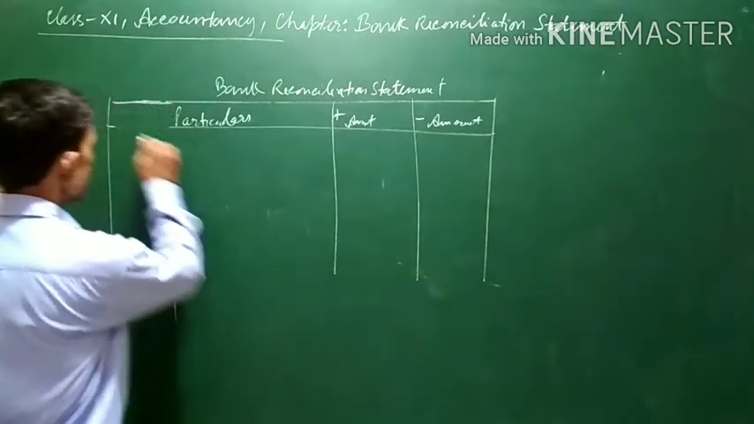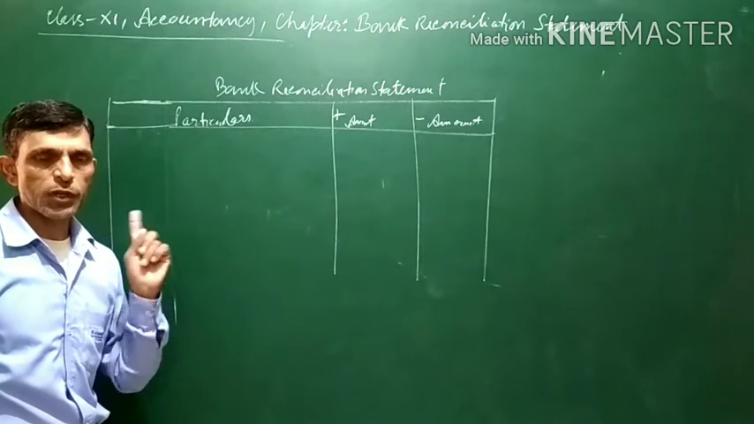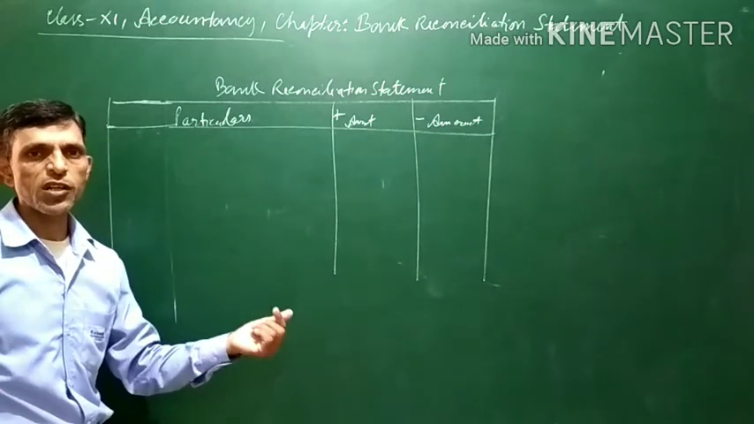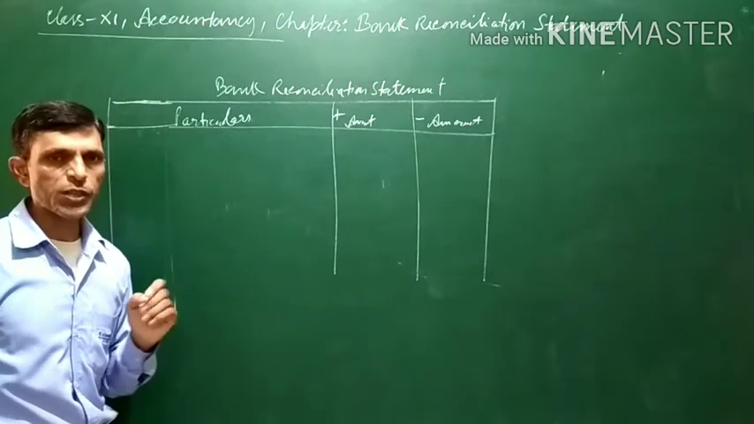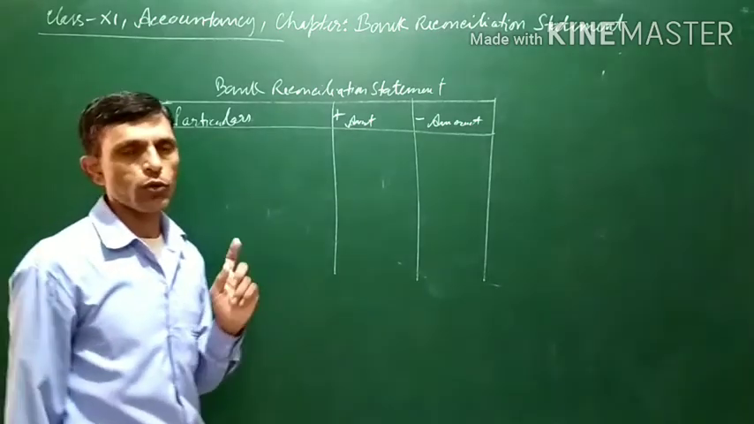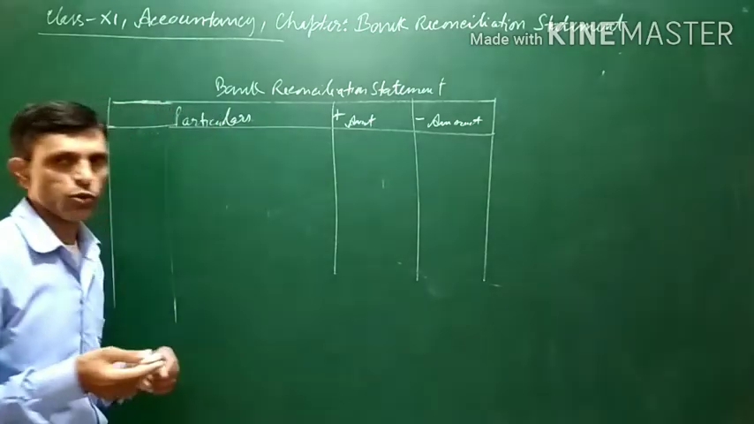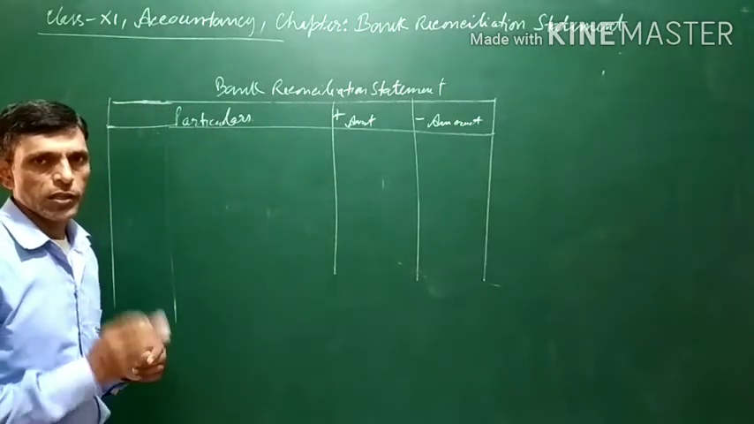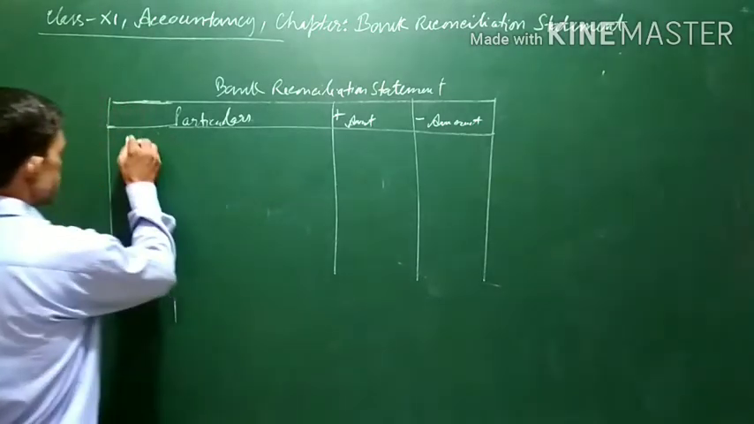The bank reconciliation statement can be prepared with the help of either the balance as per cash book or the balance as per passbook. The closing balances are taken here. The closing balance as per cash book or closing balance as per passbook is to be written, whatever is given in the question. Suppose the balance as per cash book is given. So, first of all we will write